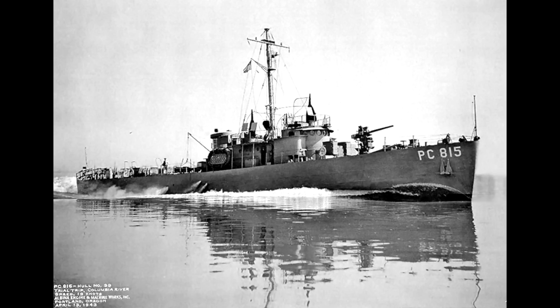The reason why some of the later US theoretical submarine chasers, dash patrol, escort vessels, etc., approach the size of a corvette is actually, yes, they are the size of the corvette, but it's just a reflection, I think, of the general scope of size increase in all ships, because although that particular class of US submarine chaser is within 50 to 100 tons of the displacement of a Flower-class corvette,